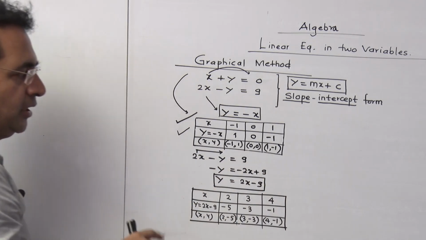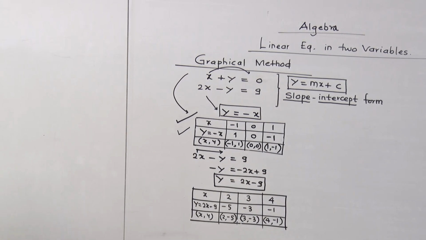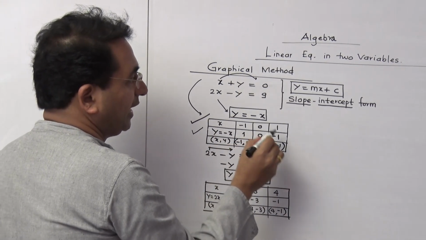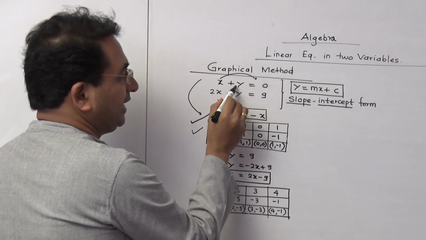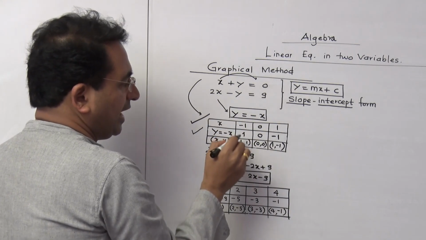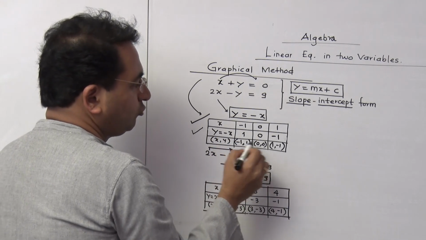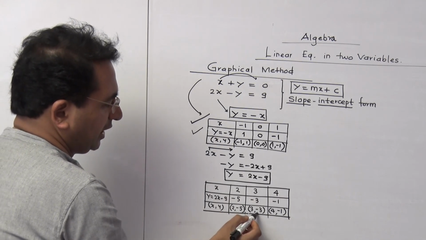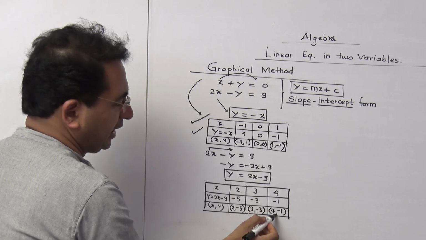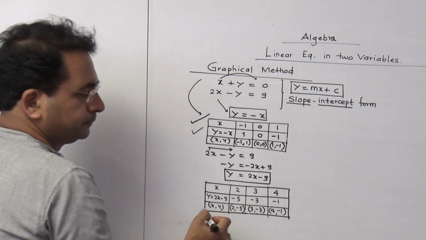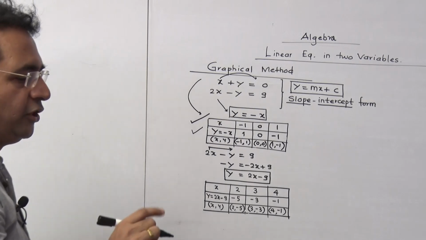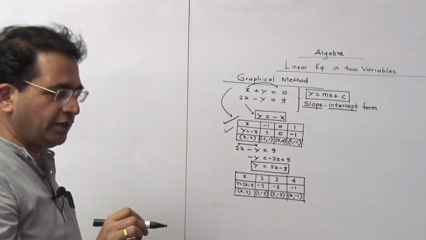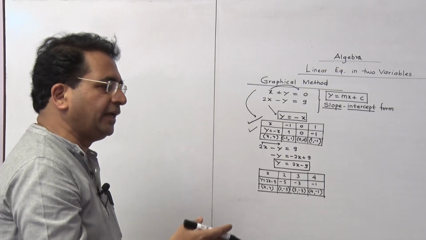which will give you 3 points. There is a reason for taking 3 points. If by chance, if you are making some mistake in the calculation, you will not get a line. And this is an equation of a line. So remember one thing, that lines, when you draw, these points should be collinear. Suppose you are getting 2 points on one line and this is somewhere other than that line, then your calculation is wrong. Correct? That is possible only when you take 3 points. If you take 2 points, 2 points are always collinear. Therefore, you will always get a line.